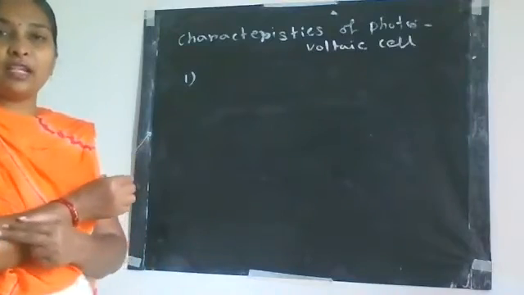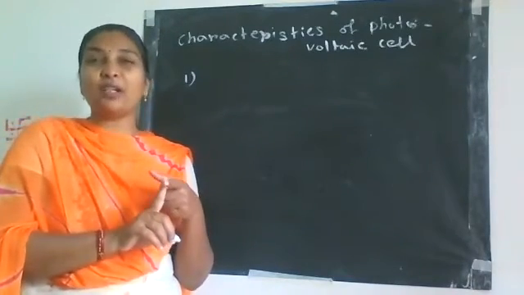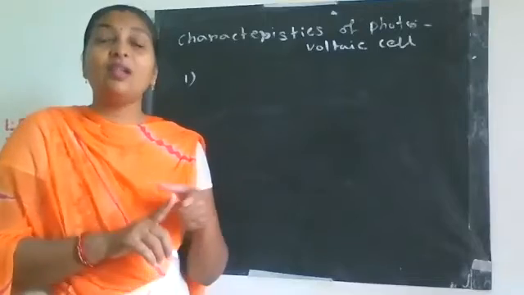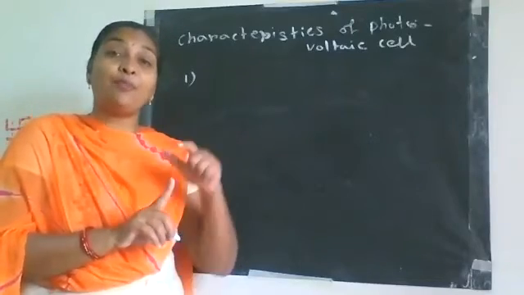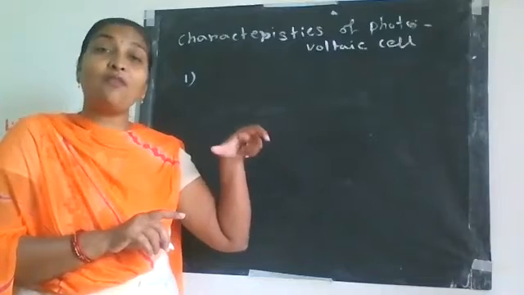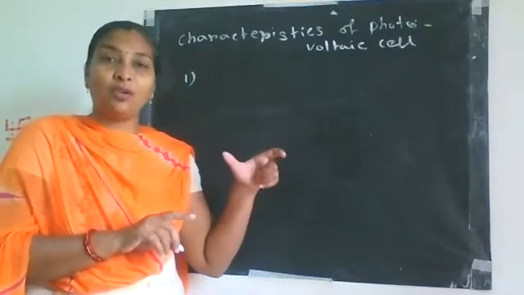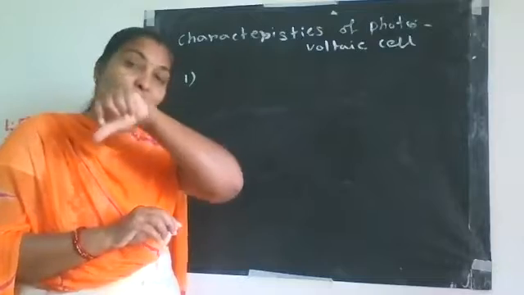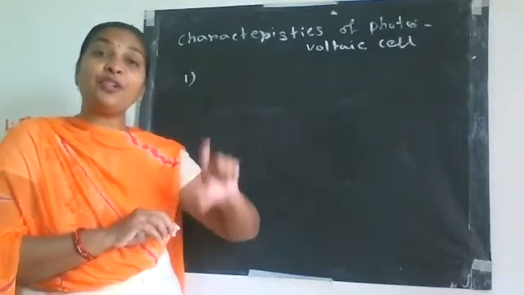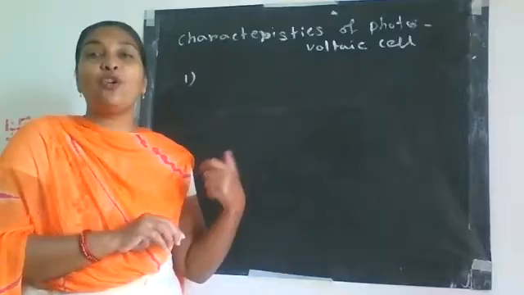So what is the first characteristic? Whatever photocurrent is produced. Why is it called photocurrent? Because that current is produced when photons, meaning radiations, fall on the cathode or on the electrode, or on the receiver, whatever is there. So that current is produced due to the photons. Therefore, that current is called photocurrent.